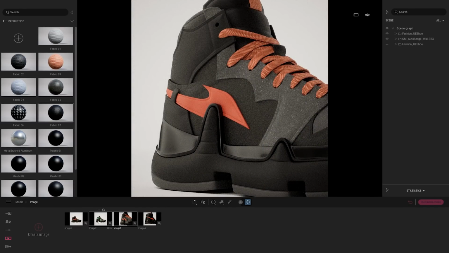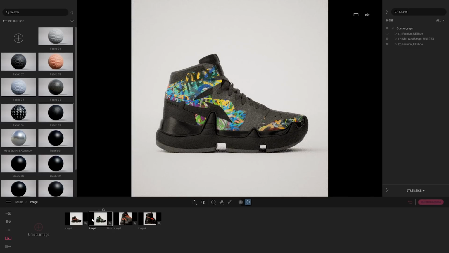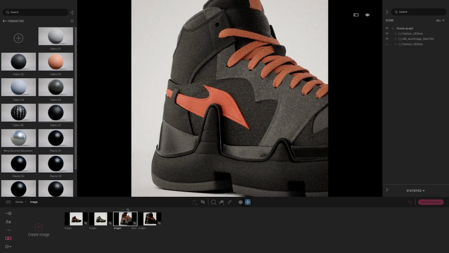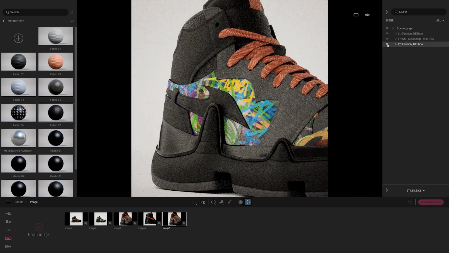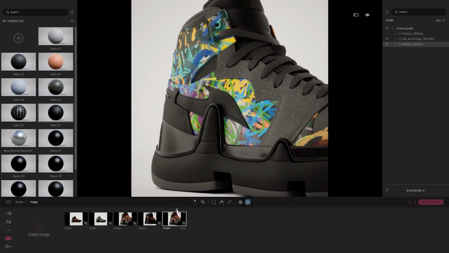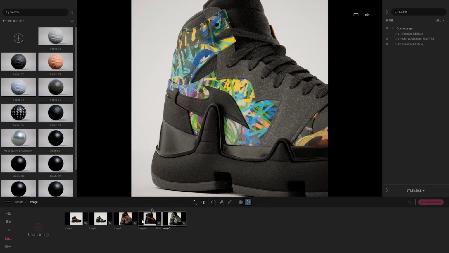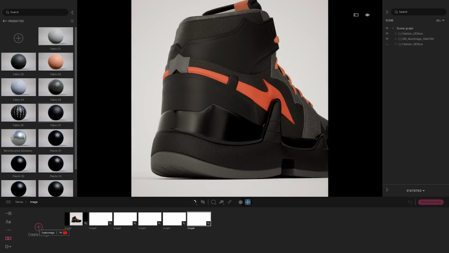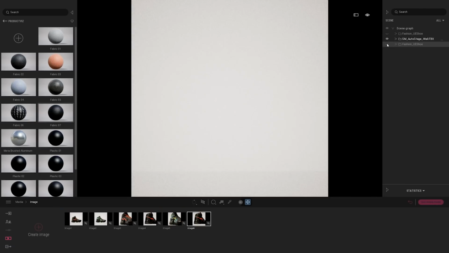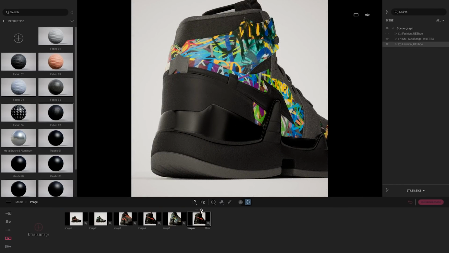And if I want to create the same point of view but with that second shoe, what I can do is select my image. If I click on the plus button, I'm basically duplicating that image. And now I need to simply switch my shoe through the scene graph, like that. So now I have each image with the two shoe variants. Same thing for that one: creating the new image, switching the visibility of the shoe, pressing refresh.